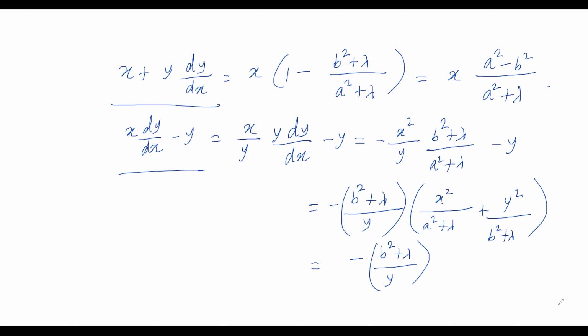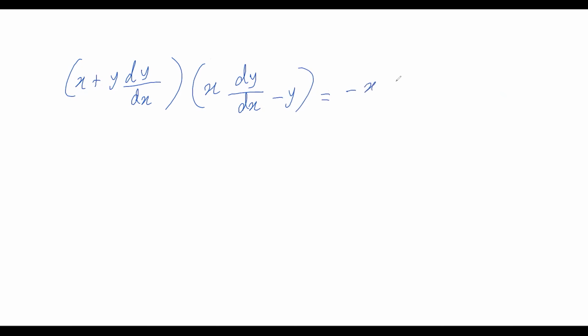And so x plus y dy by dx times x dy by dx minus y is equal to minus x times a squared minus b squared by a squared plus lambda times b squared plus lambda by y, and that becomes equal to,